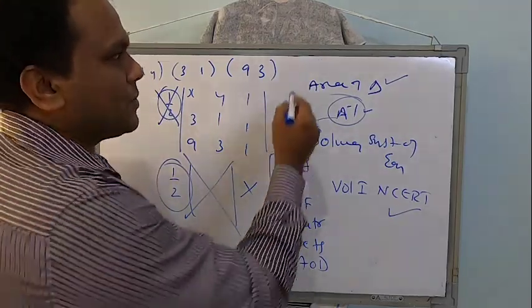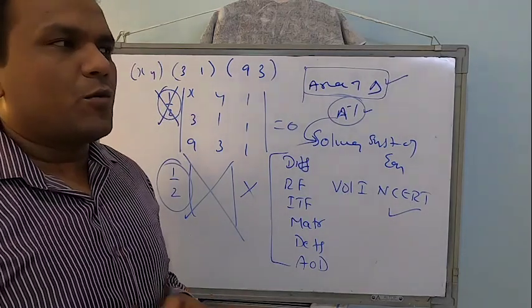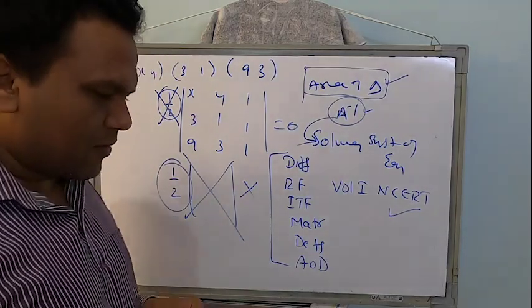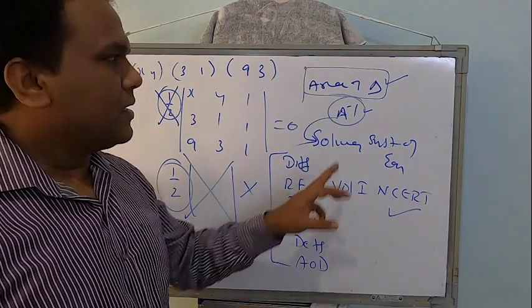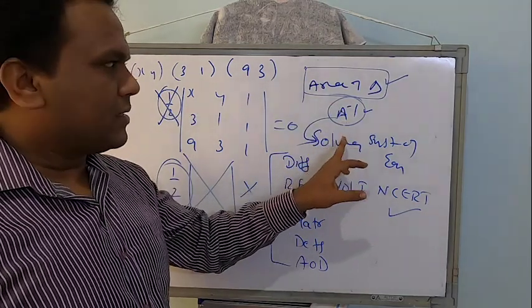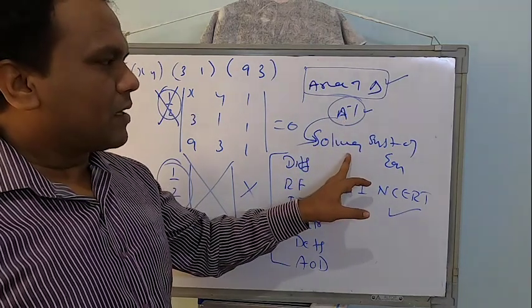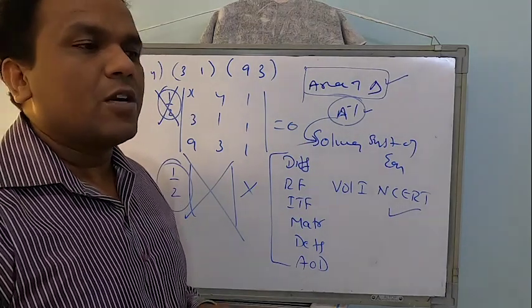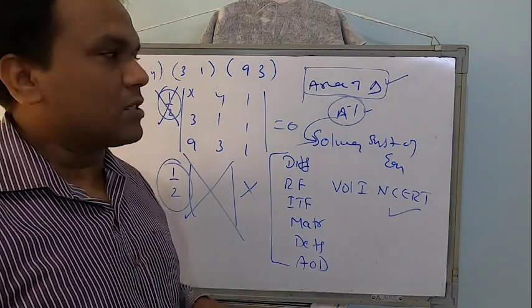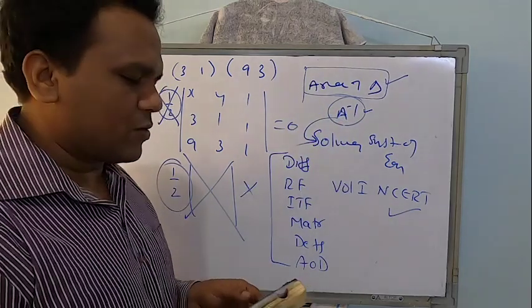So the last class concept was purely based on area of a triangle. I told you what the practical applications of determinants are all about. One practical application is to find the area. The next one is something called the inverse of a matrix. That will help us in solving the system of linear equations. You know how to solve system of linear equations, but using determinants we will solve it. That is another method that you have to look for.